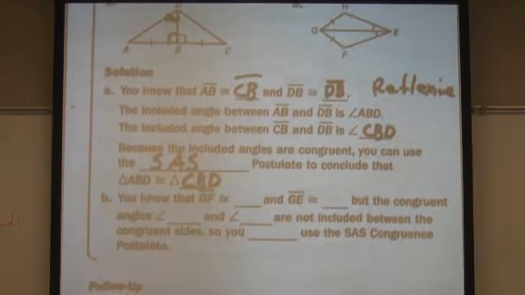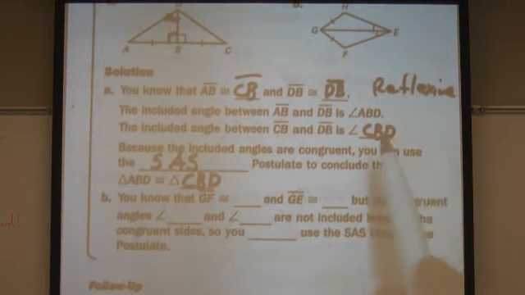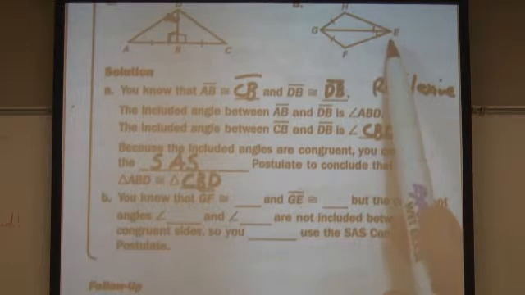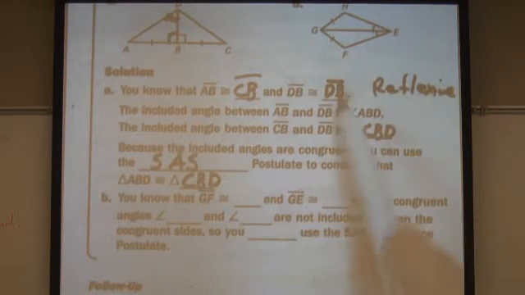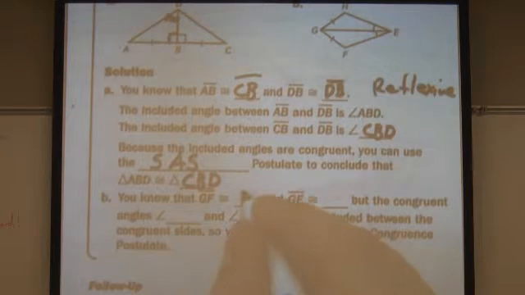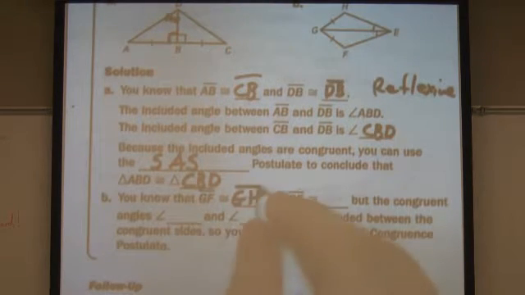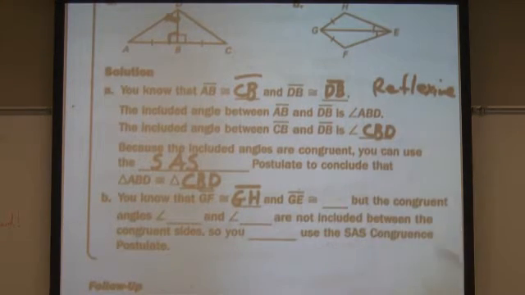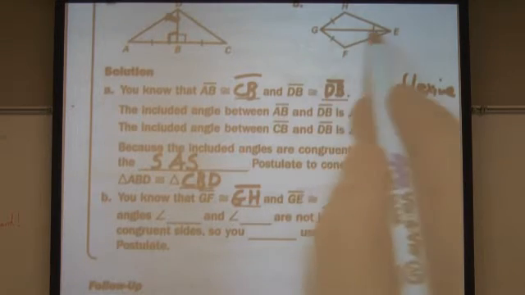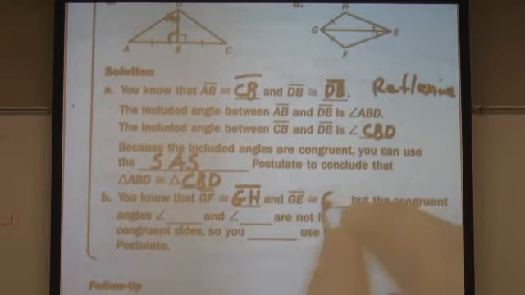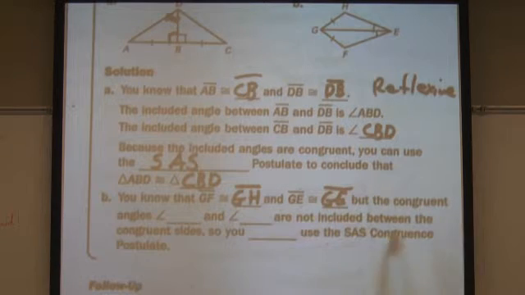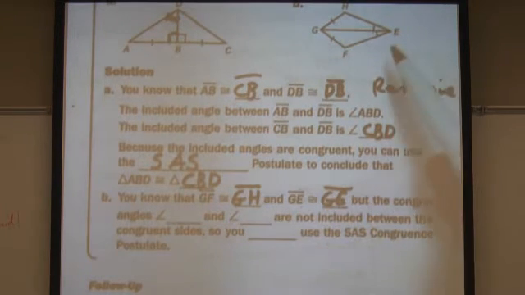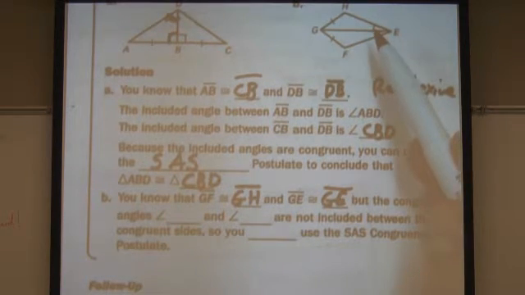Part B, I'm going to try to keep this on screen. Can we use SAS on this one? We know that GF is congruent to GH because they're single ticked. And we know that GE is congruent to itself. GE is in both triangles, so we have to write that it is congruent to itself. But the congruent angles, and if you can see on your paper or see up here, the congruent angles are